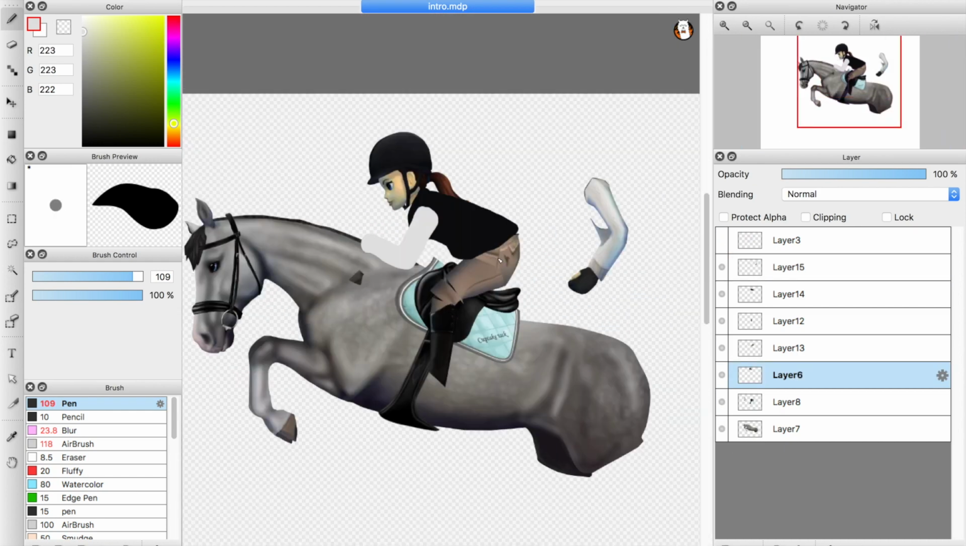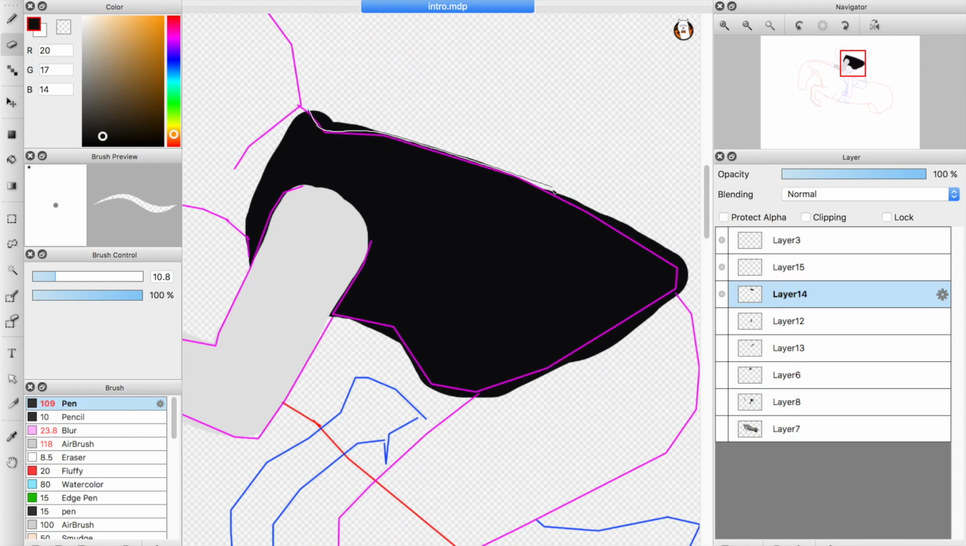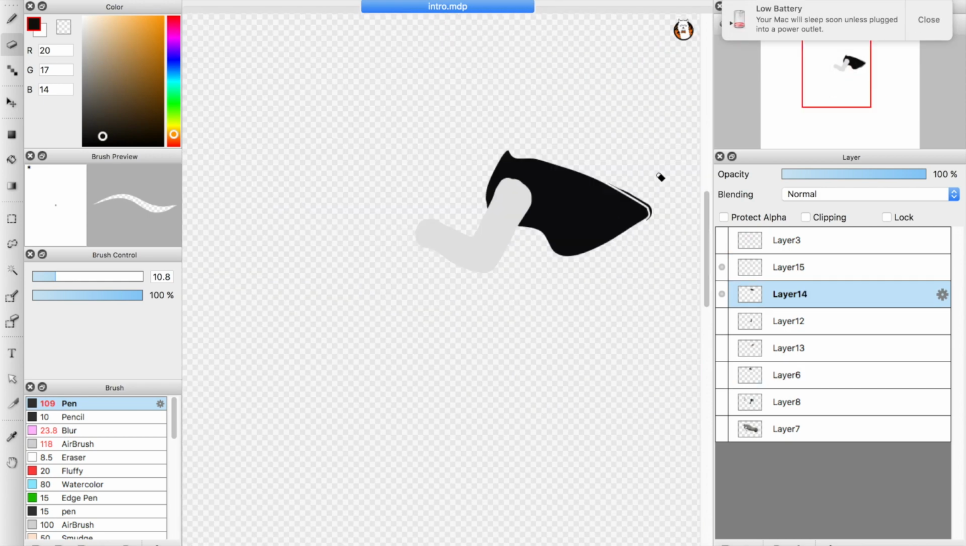The only thing I did differently was I just decided to do the pants by using the pen, and it's the same technique as filling in the different parts of the horse. So if you know how to do that,